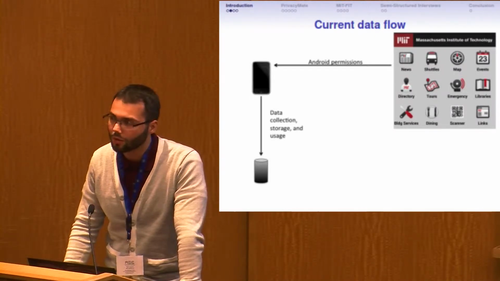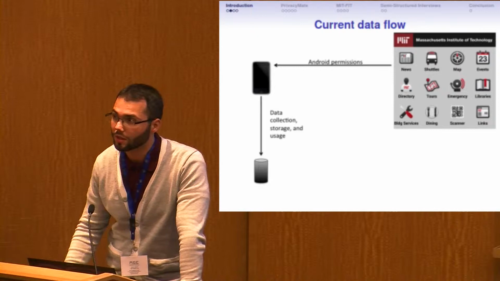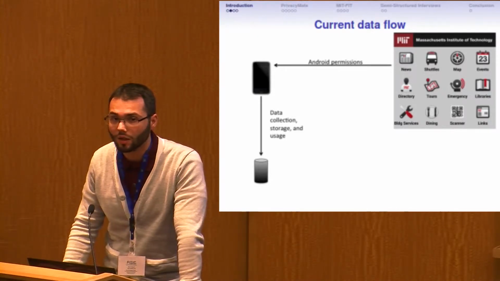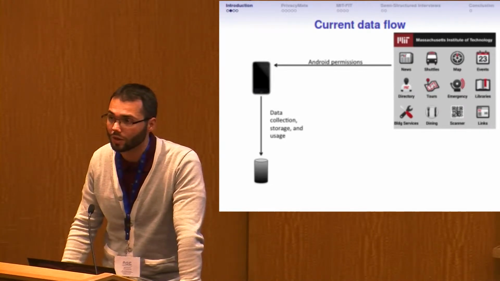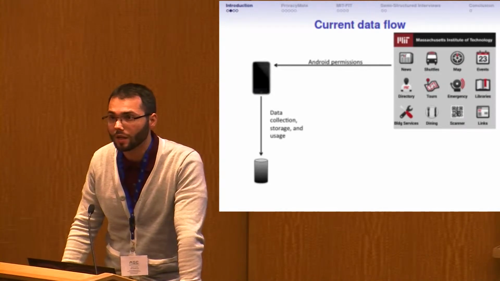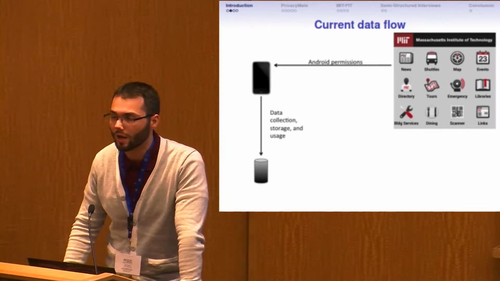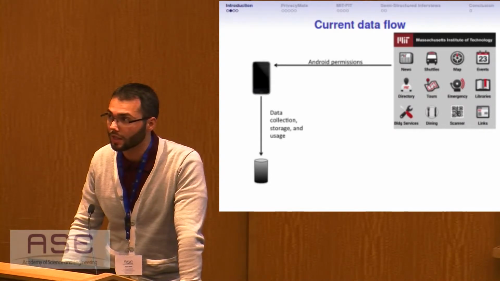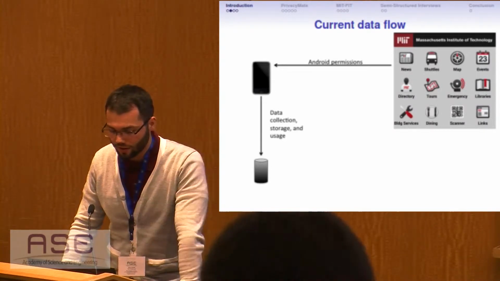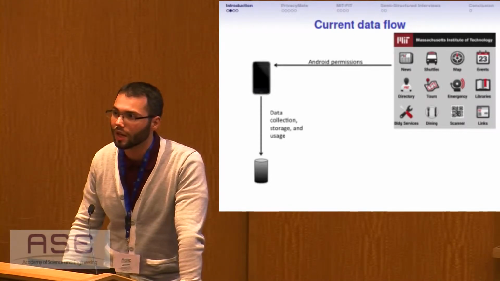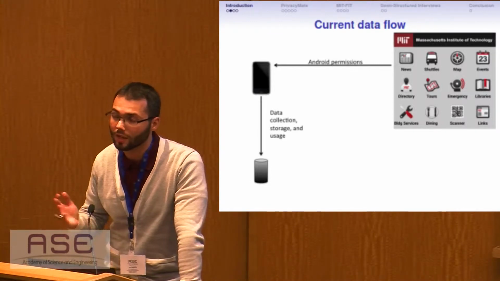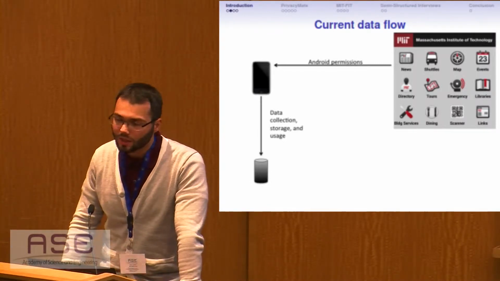We're going to take the case of an Android application. We're looking at the MIT mobile application in particular here, and looking at the data flow, the Android permission framework provides a layer of access control to personal data. When an application requests access to SMS or contacts, for example, the Android operating system will say either yes, this is a valid request, or error out and not provide the application the data that it requested. After the user has opted in to use this application and has thus provided the application access to all of the data that it requested, the data is typically sent off